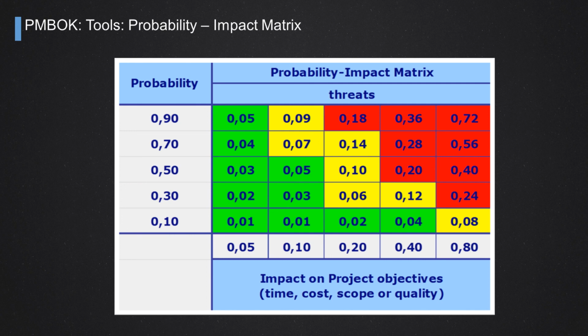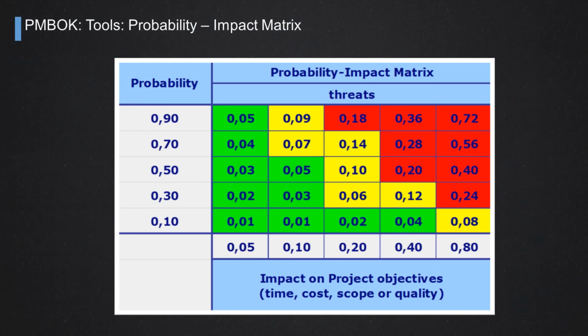This matrix is mapped by colors to focus immediately on the most important risks of the project. So we have a part of the matrix that is green. In that part we collect all the risks that have low impact and whatever kind of probability percentage, but very low influence on our project. And we have sometimes also events that could affect our project, but with a very low probability of occurrence. This is green.